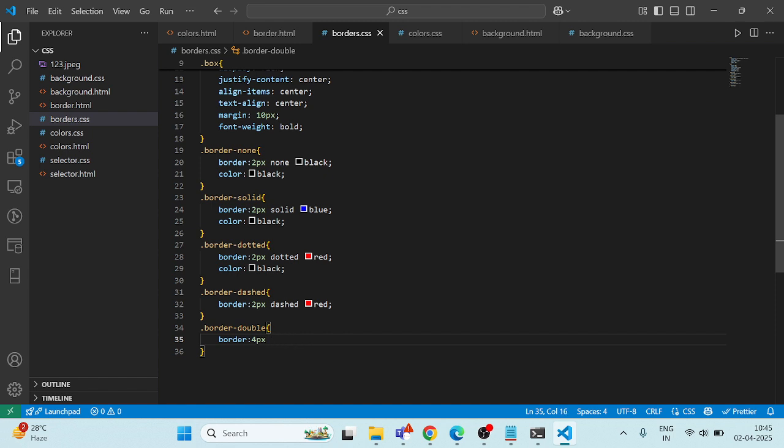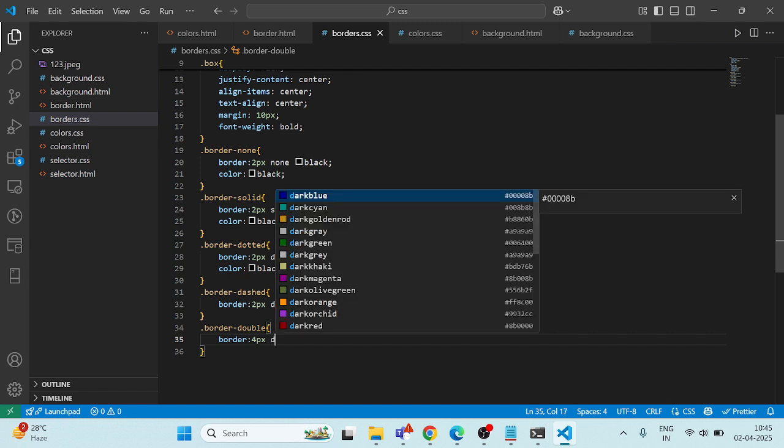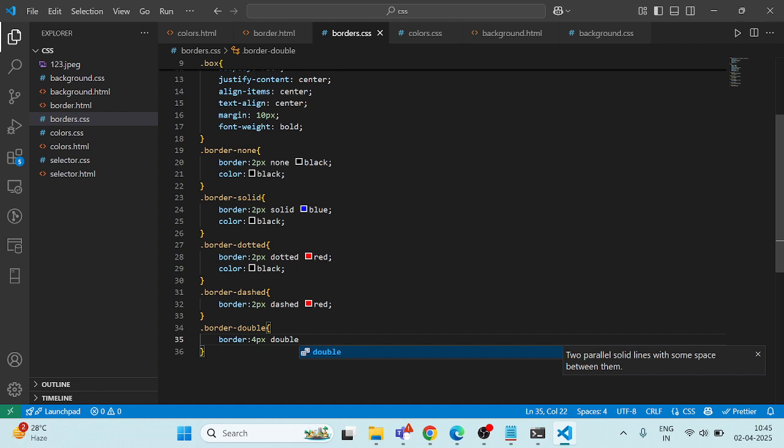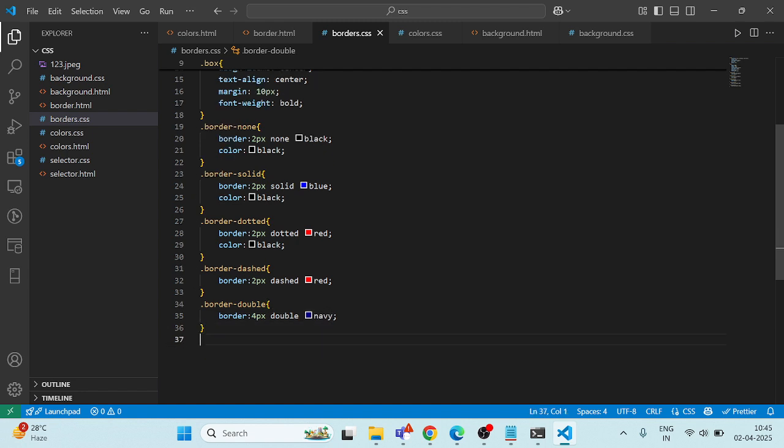Just a second. Here we need to use the class name, so the property name double. So double, the color I'll use navy. Okay, so dot border